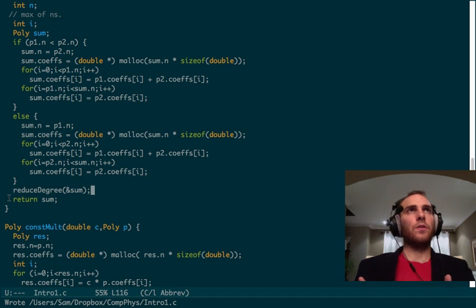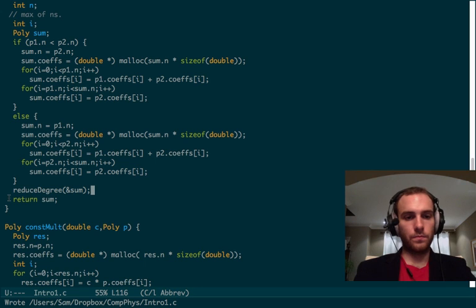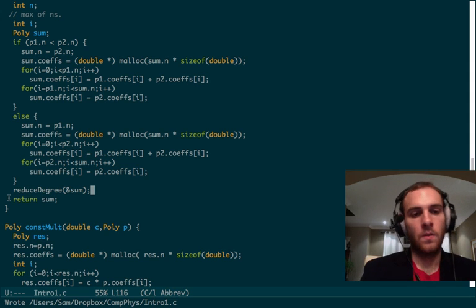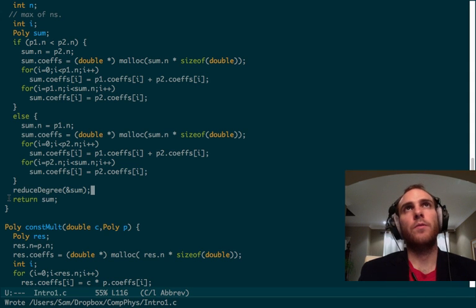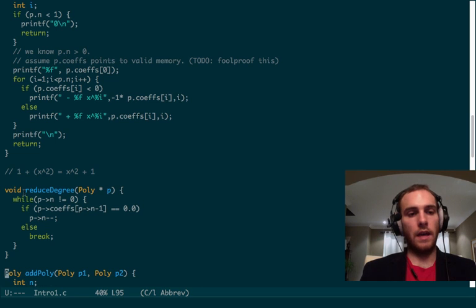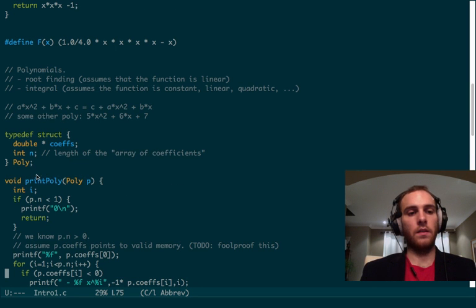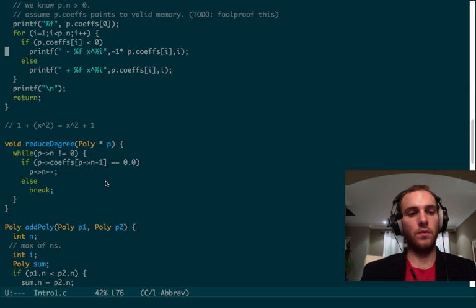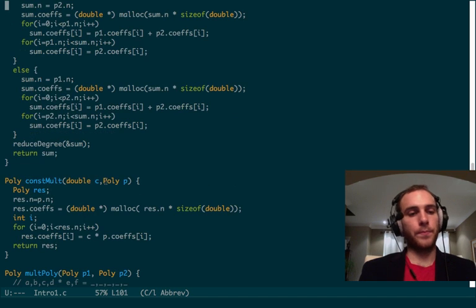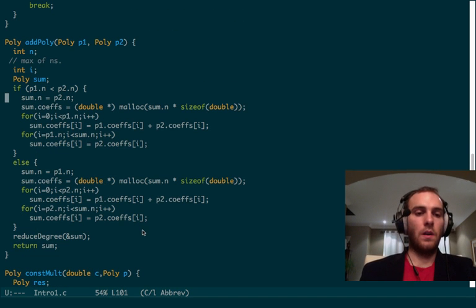So if we reduce the degree every time we make a sum, we're never going to lose the sync between the actual degree and the degree that's advertised by the n value. As a further optimization,